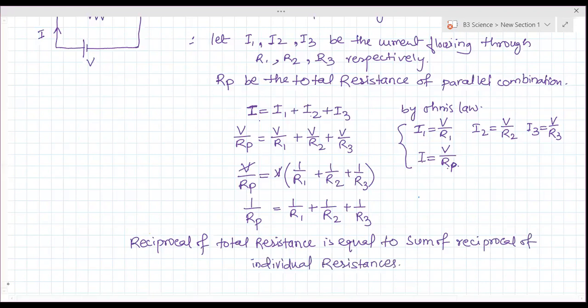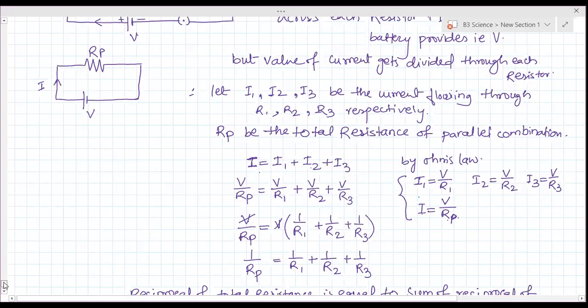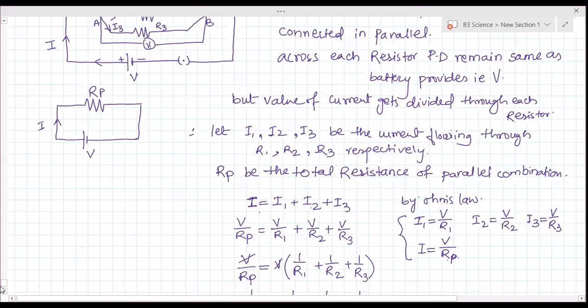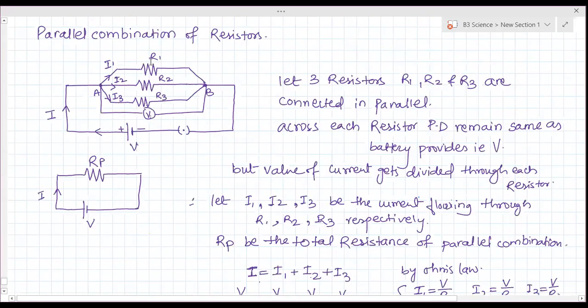Clear how we got the total resistance? So here total resistance is not the sum of all resistors. You have to find the sum of all the reciprocals of these resistances, adding them, then that will be the reciprocal of total resistance. Then by again reciprocating, we will get the total resistance. Clear? Yes, ma'am.